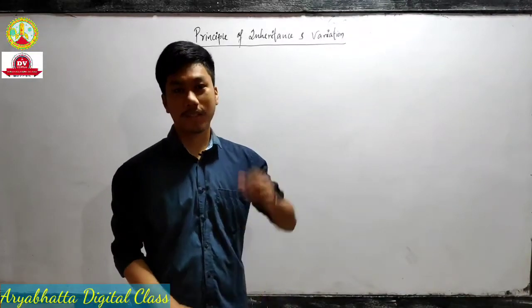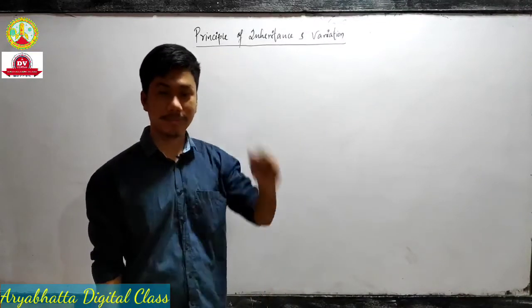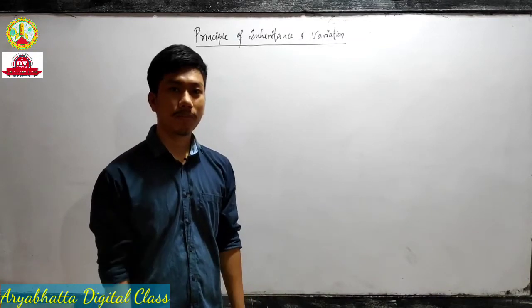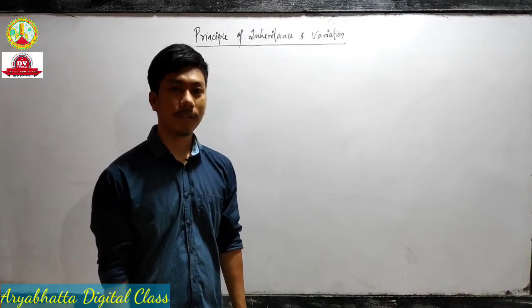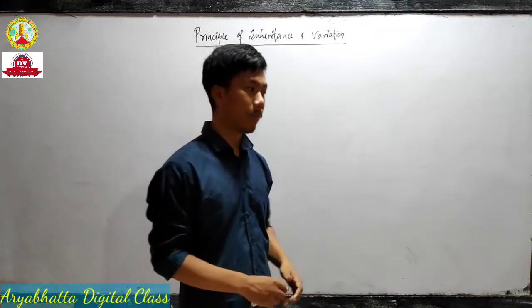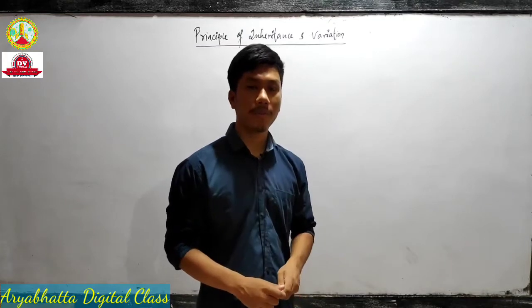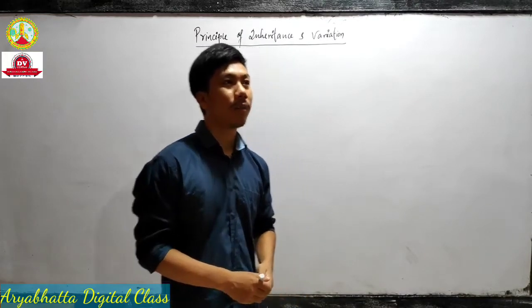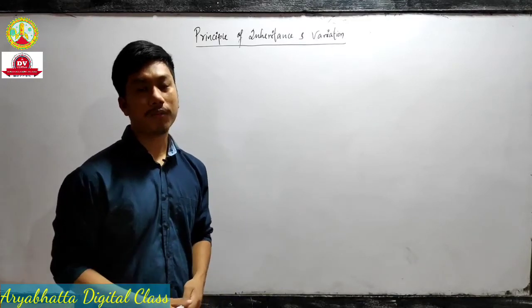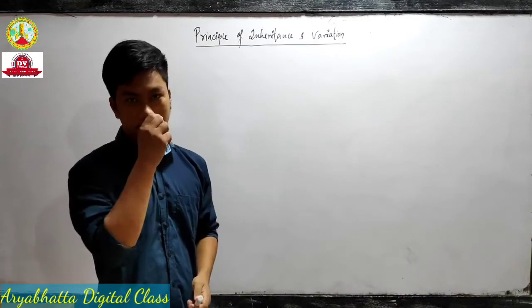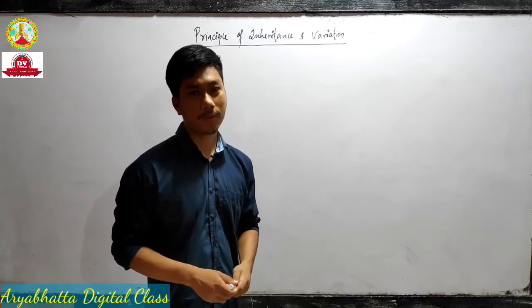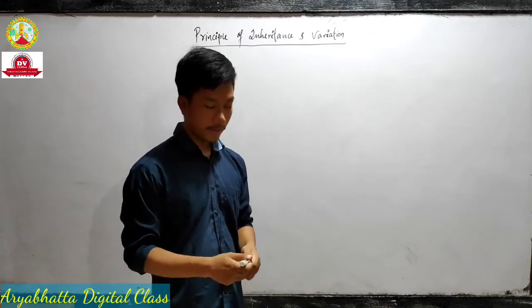So last class we discussed Mendel's laws of inheritance, right? We have seen Mendel's law of dominance, Mendel's law of purity of gametes and Mendel's law of independent assortment. We have seen monohybrid and dihybrid ratio, phenotype as well as genotype, right? And we have discussed an exception of Mendel's law of dominance, that is incomplete dominance, right? In incomplete dominance, we take the example of four o'clock plant. Okay. So today we'll discuss